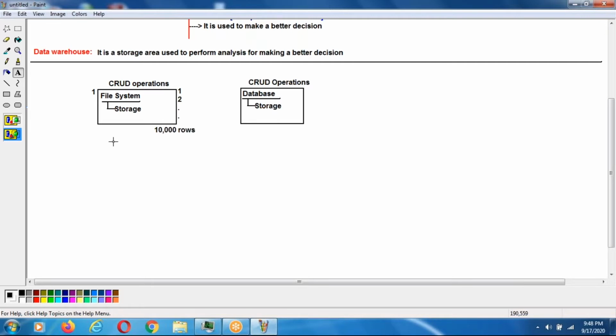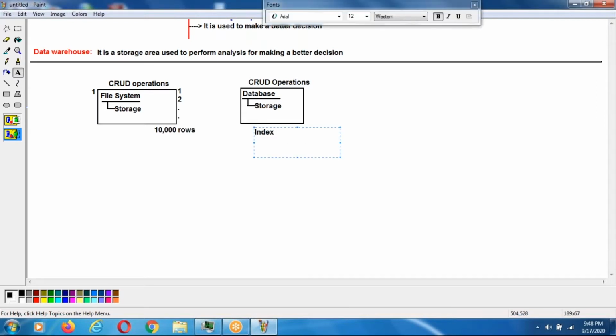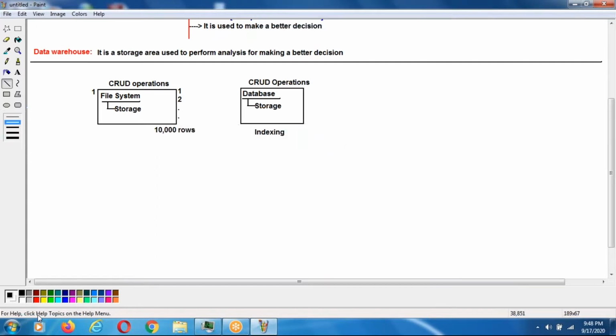Yes. So that means the file system is a slower system. That is the reason we switched from file system to database. That is one reason, like what you told, accessibility. So in the database, you have a concept called indexing, and with the help of that, you can read the data in a much faster way, isn't it? So that's the reason the industry has switched from the file system to the database, to have better